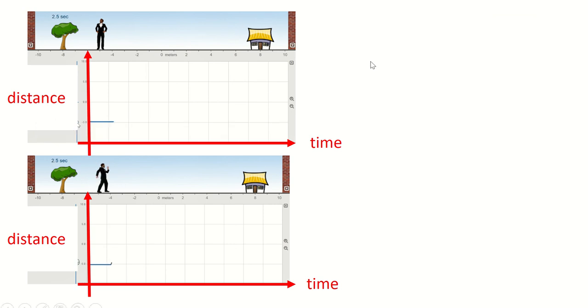Okay, hey guys, just thought to make a quick video on distance time graph. As you can see, we've got two situations here, a top guy and a bottom guy. As he's moving across from the tree towards the house, his distance time graph is plotted below. You can see for both of them, they both start off with